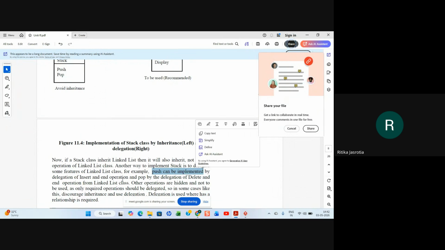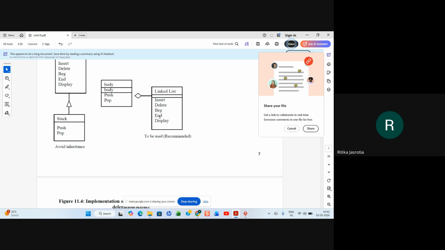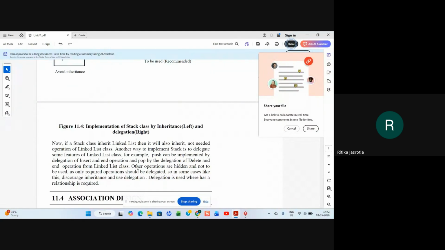By insert and end. By the combination of insert and end, the push operation will be there, and by the combination of delete and beginning, you will have the pop operation. Right, so other operations are hidden and not to be used, as only the required operations should be delegated.